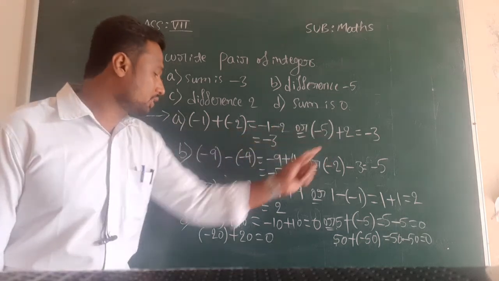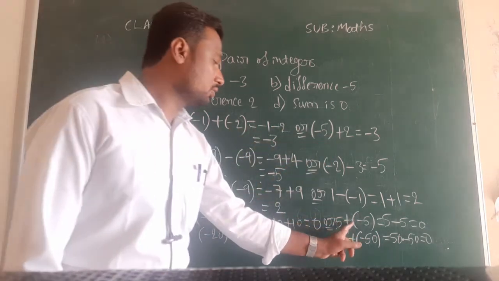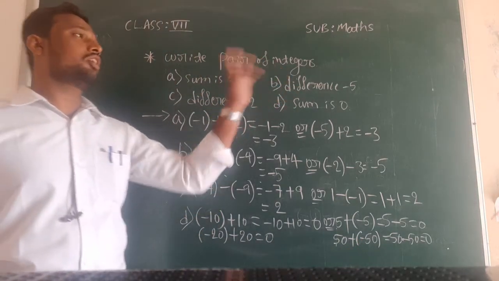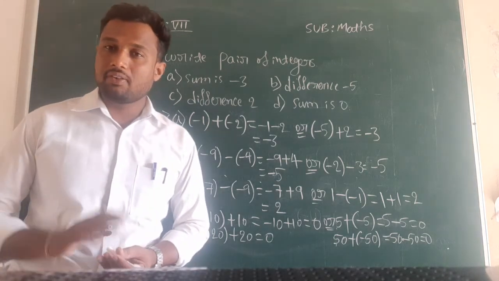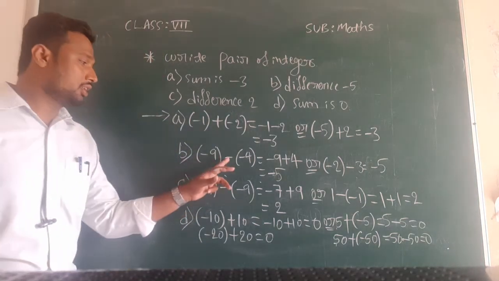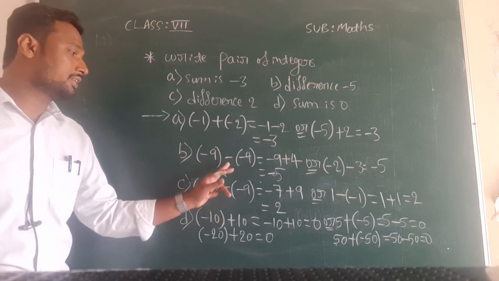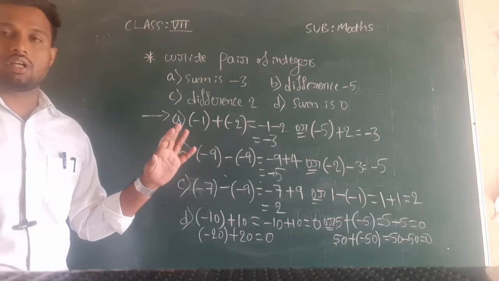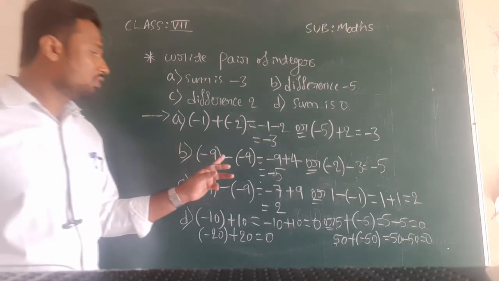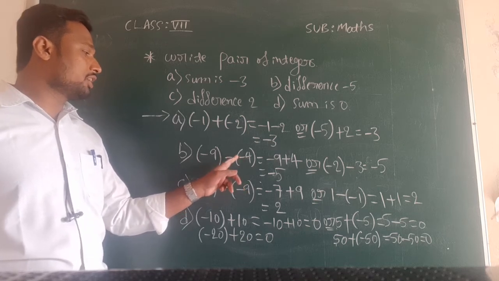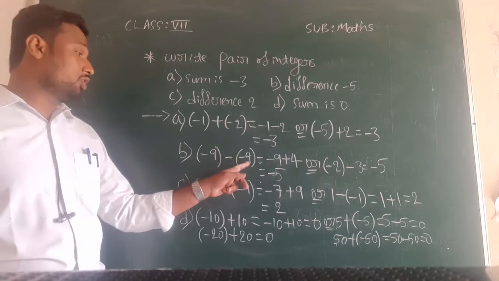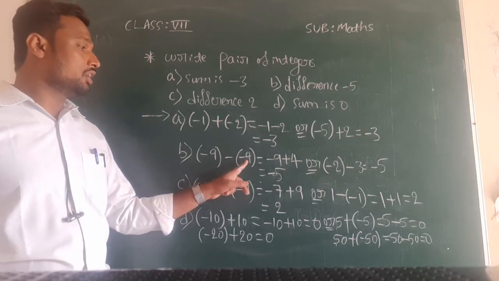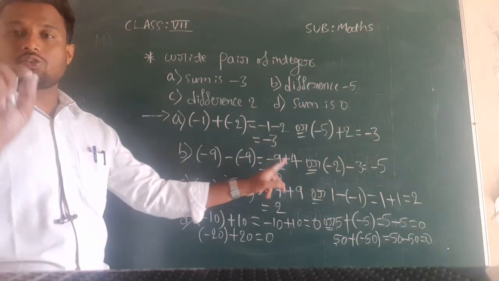So here in the first and fourth example you can see we are just considering plus in between, and in the second and third question you can see they have given difference. Difference means you have to subtract there. So here you can see in the second and third example I considered minus only in between. But inside the bracket you can consider any positive integer and negative integer. After that you can multiply. Here minus 4, outside this bracket we have minus. So when you multiply this minus with the inside value, you will get plus 4. Then it is not a problem.